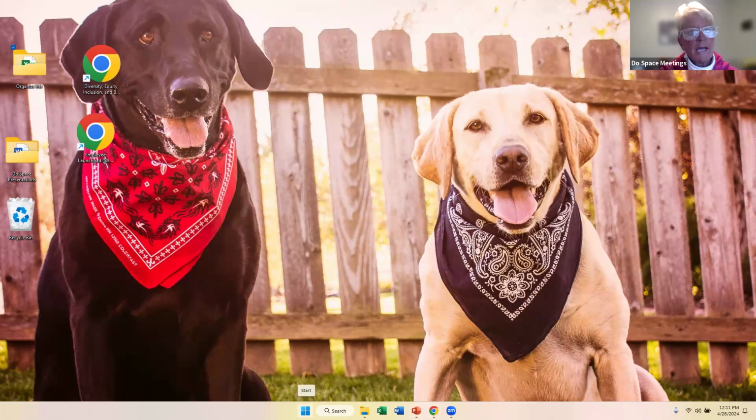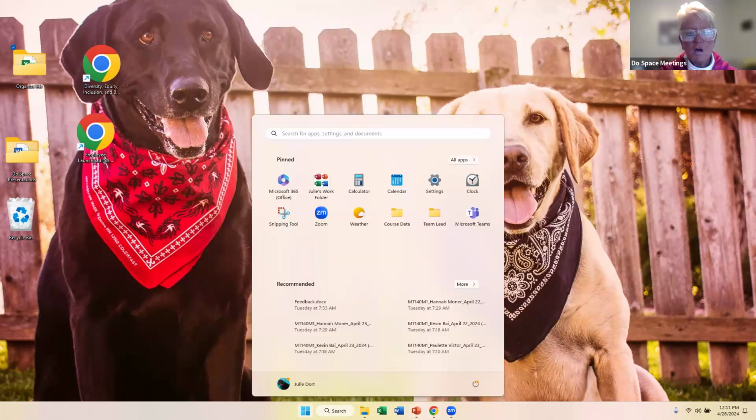The first thing I want to look at is the start menu. So when I go to the start menu, I'm just going to go ahead and click on that. You can see that I have some recommended items here. And I don't really know why they call these recommended. These are really recent documents that I have had open. Up above, these are software. This is software that I have pinned to my